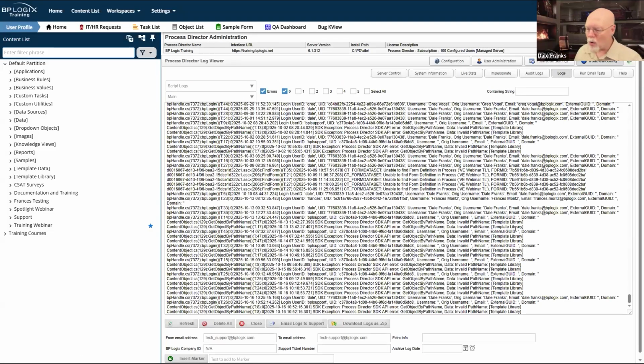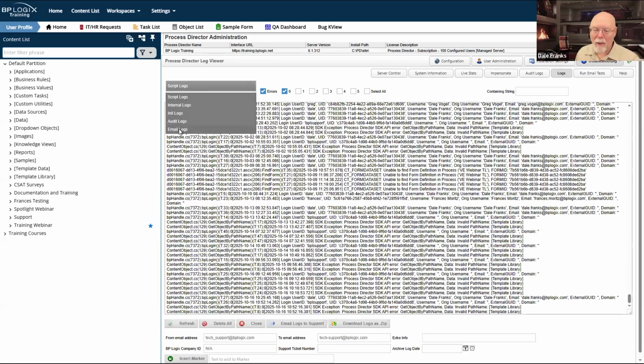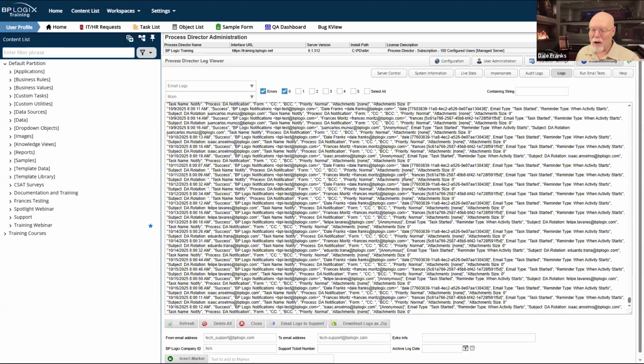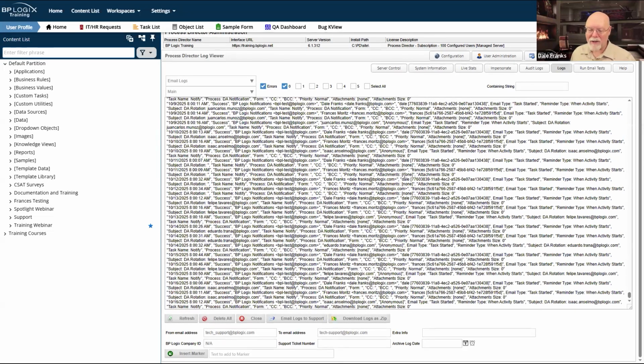The logs are extraordinarily useful. You all have access to the logs, whether you're a cloud or an on-premise user, and the logs tell you everything that's happened on the machine. Now, there is indeed a specific log for emails, which will tell you every email that got sent off of the machine, whether it was successful or not.